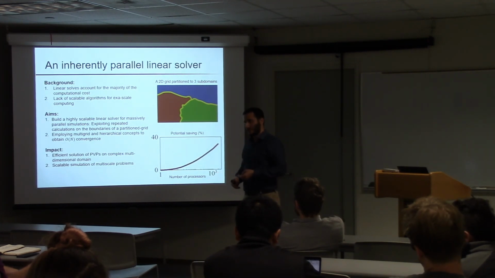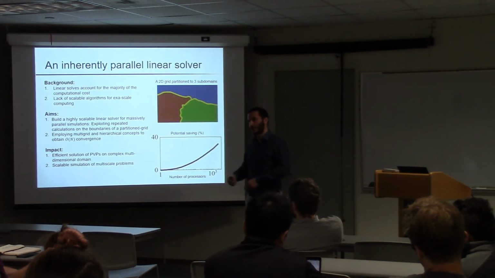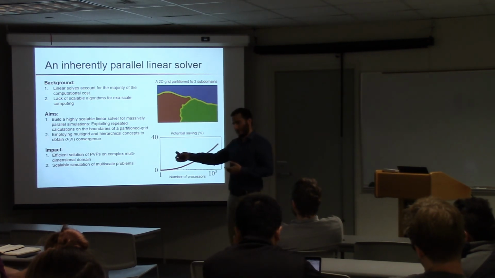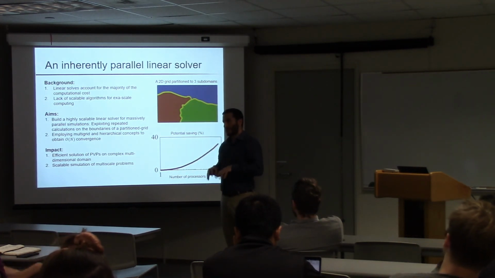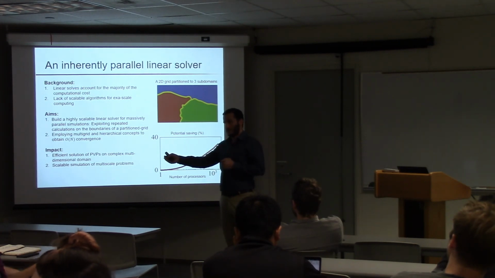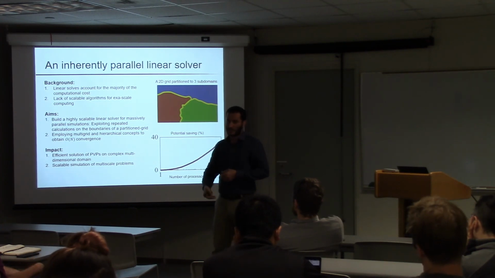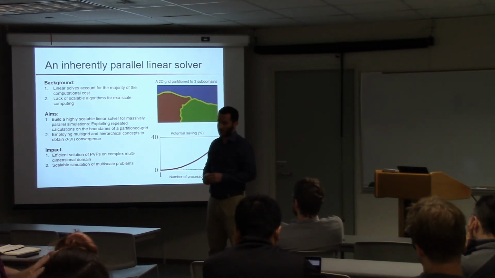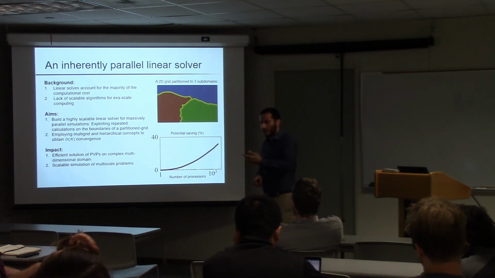But there are problems in CFD, at least that I'm aware of, where the number of elements or unknowns is on the order of a billion. In those cases, you want to go to a million processors or something like that. And the next step in high performance computing is to solve even larger problems. There, this becomes a critical issue: how can you make sure your applications scale to exascale? These are the next generations of supercomputers coming along. So once you solve this problem, you could also think about applying this type of technique to those applications as well.